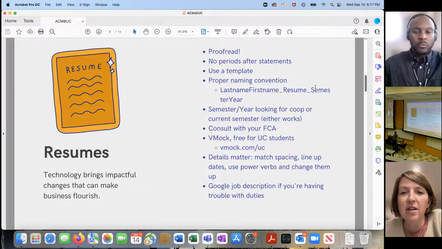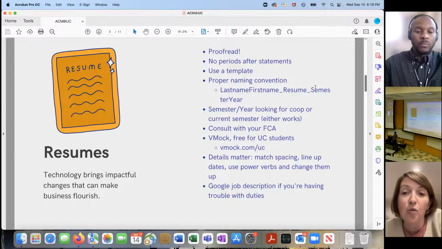But we would certainly suggest reviewing those, and I'm happy to review anybody's resume at any point in your career here at UC, in preparation for co-op or outside of that. If you get some new experience and you're updating your resume and want another look at it, you could email that to us at any time.